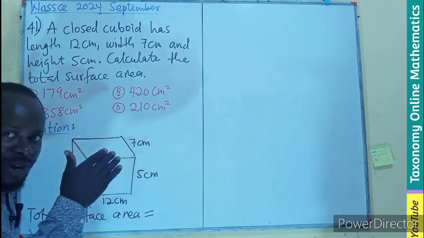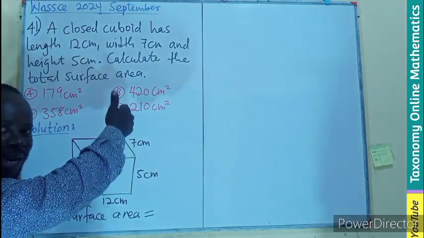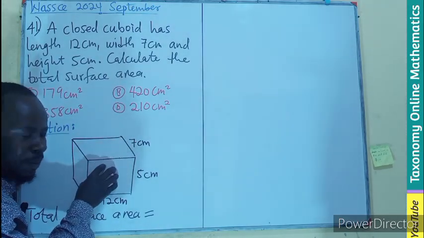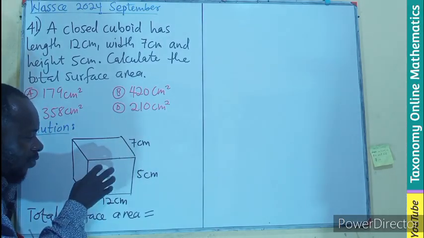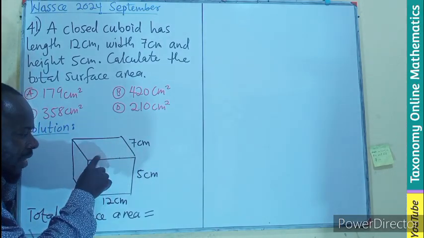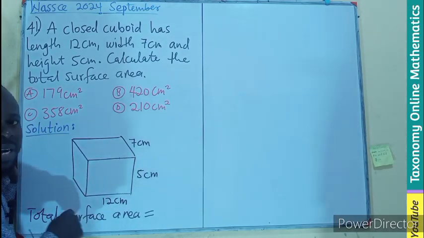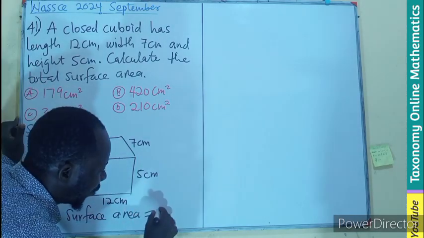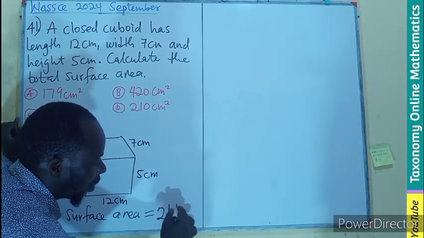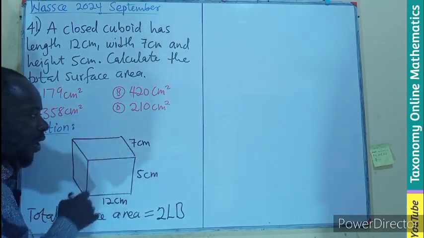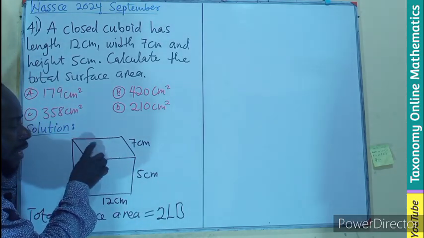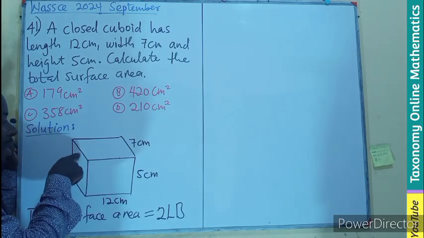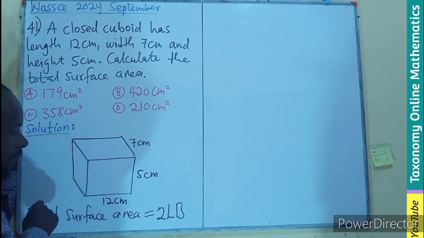The face here facing you has the replica at the back. So there are two of these. The one on top has a replica down, left and right. So if I want to find the area of this, it will be the length times what? The breadth. Meaning there will be 2 of the length times what? Breadth. In this case, we are using the width, which is the same thing. Then if I look at the top, I'll be having the